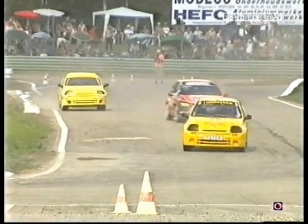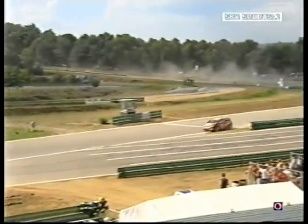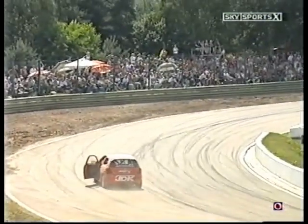Another dent in the Honda, another dent in the Honda. Two more biffs in the back. De Keersmaecker being shoveled along by Michael Lundmark. And the Clio, I think, is about to expire on him. Meantime, Peter Lundmark wins the heat. Michaël De Keersmaecker valiantly takes second, and he just qualifies for the B final. And that could be the most bruising race he's ever had. And there's still